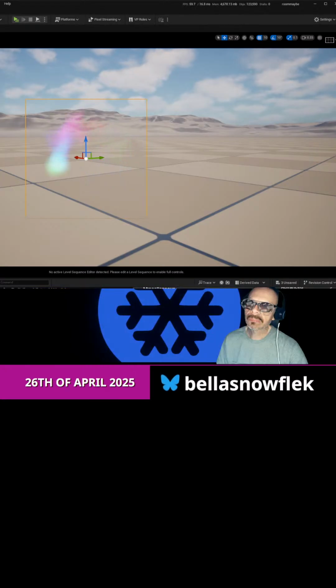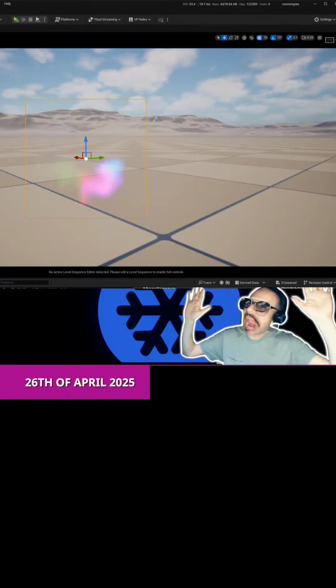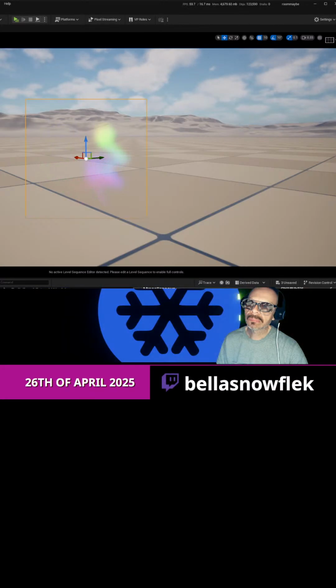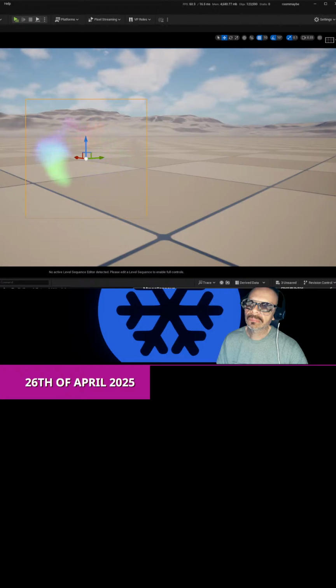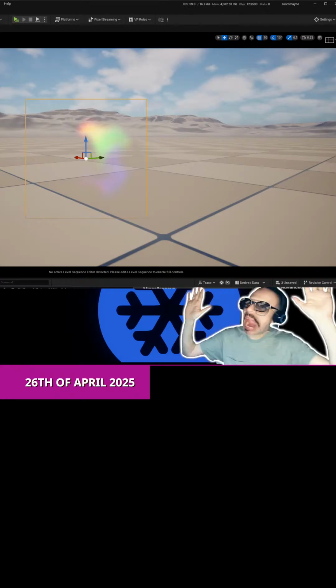Because I want the color to be different. And is using dynamic bounds. Please update the emitter or